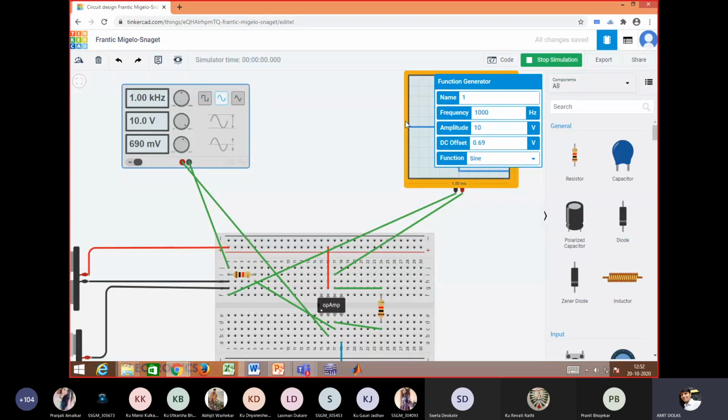That's why I'm using Tinkercad. Otherwise, for Multisim, I have the complete circuits from this subject, properly simulated, and we do have waveforms for that.